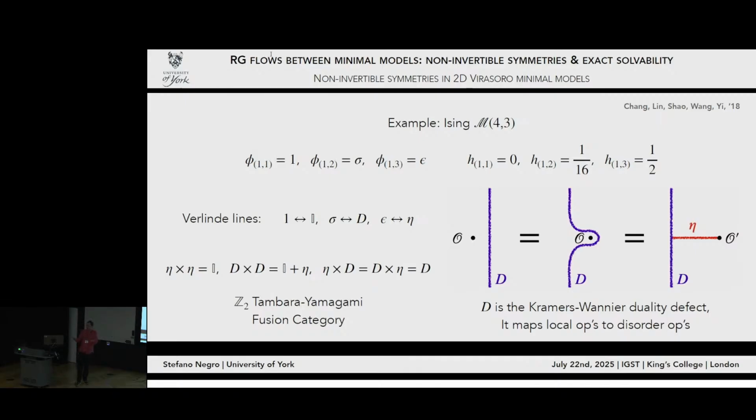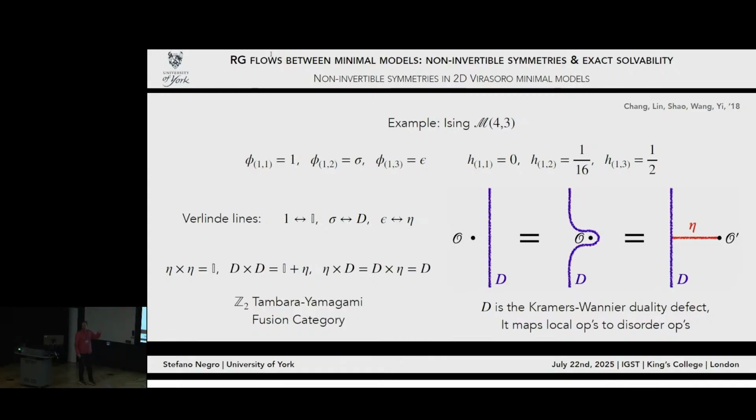That's what the Kramers-Wannier duality does in Ising, right? And the Kramers-Wannier duality in a CFT is really a symmetry of the system, because Kramers-Wannier maps the low temperature to the high temperature Ising model, but if you are in a CFT, you're at a self-dual point, so that's a symmetry of the system, right? It's a weird symmetry, but it's still a symmetry. It's a non-invertible symmetry.